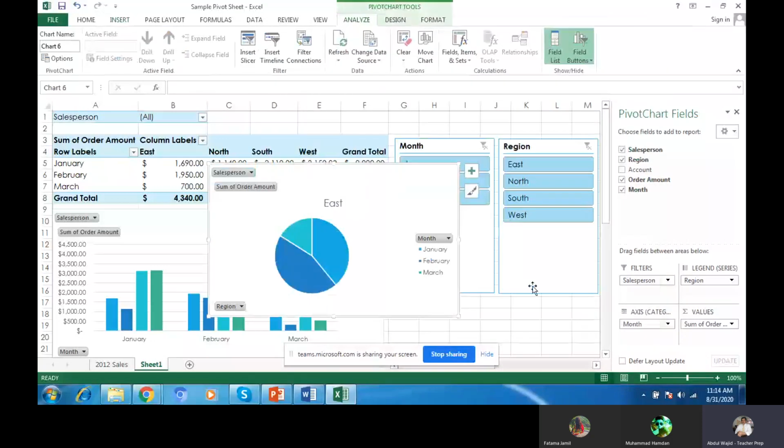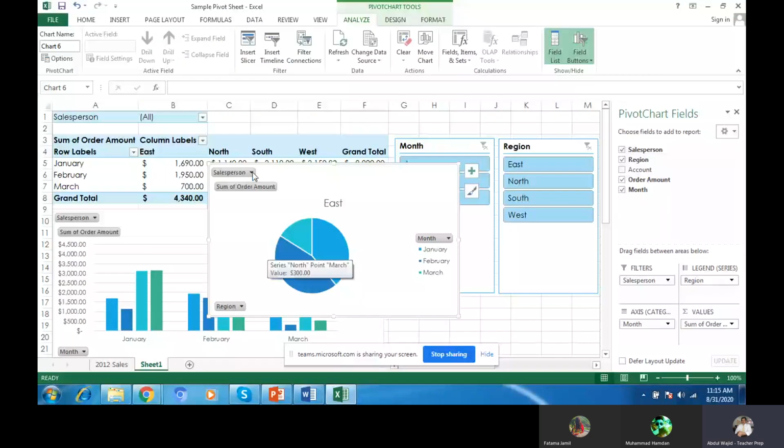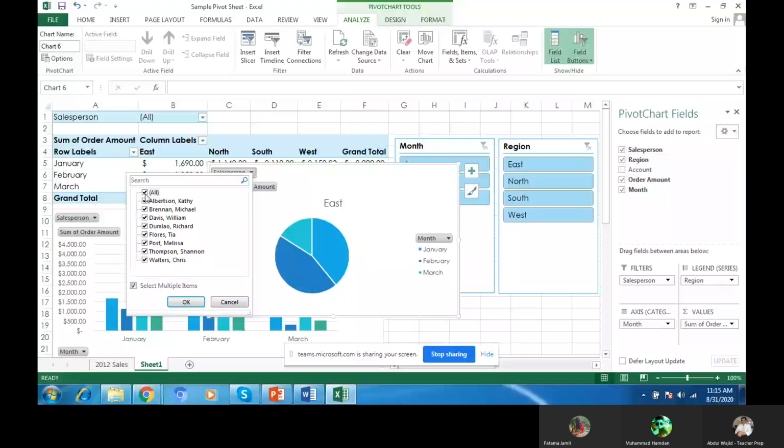Now we will go there, the instruction is there. Now show the percentage of sale made by any selected person in any month. Okay, any person, you will select anyone which you want. You will select this one. Okay, right.